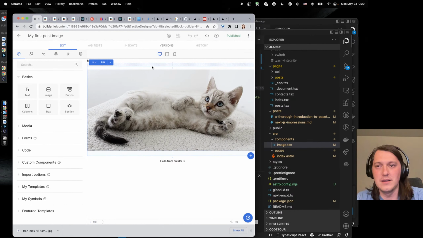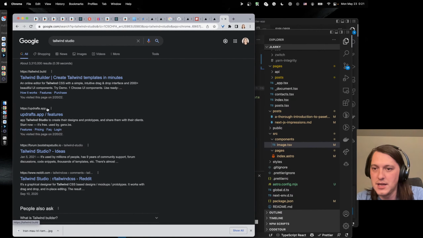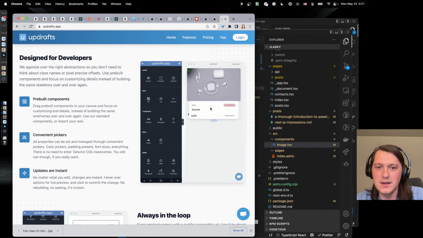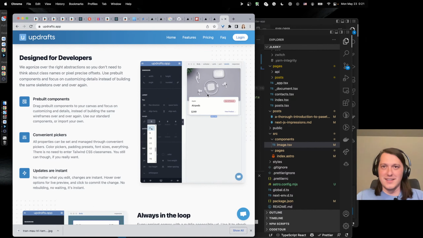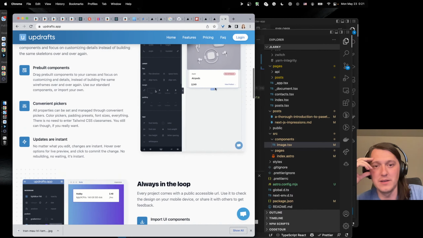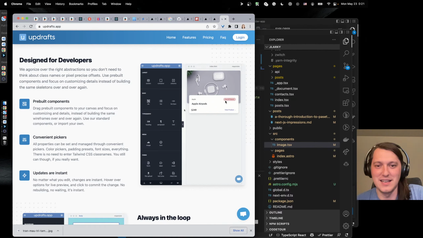So there is this thing, a no code tool that allows you to generate HTML using Tailwind, and you can edit any property, and it's going to look Tailwindy and stuff.